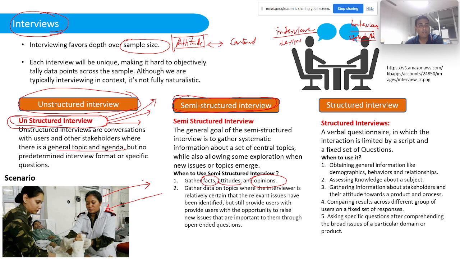Okay. The third kind of interview technique is the structured interview. A structured interview is more like a verbal questionnaire. Basically, we have a fixed set of questions, and generally these are useful when we try to collect information on demographics or specific behavioral relationships. Okay. For example, you can go to a